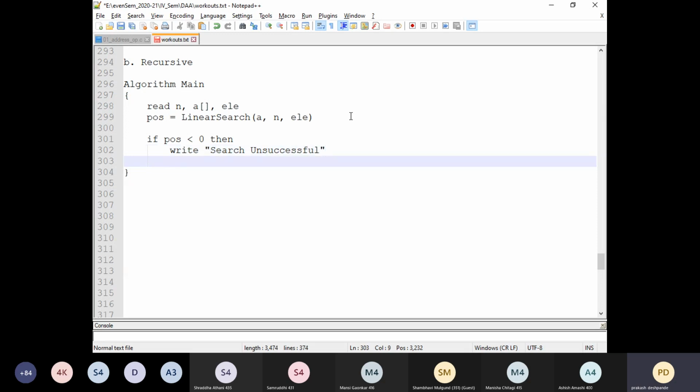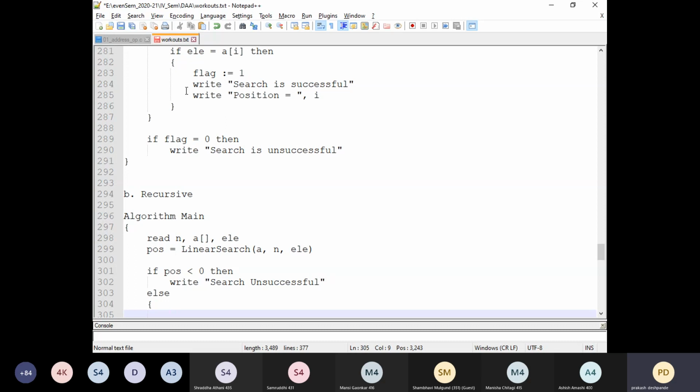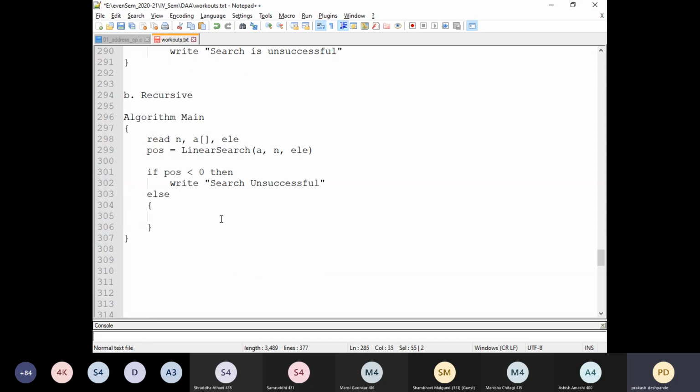Then the other part, that is else. In the else part, I will write search is successful. Let me take these two lines because I require the same lines here, and instead I will write it as position.